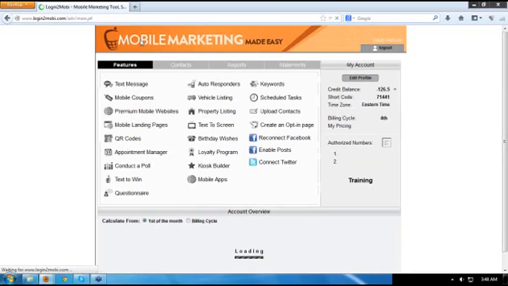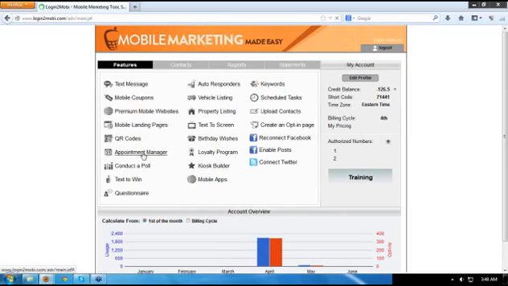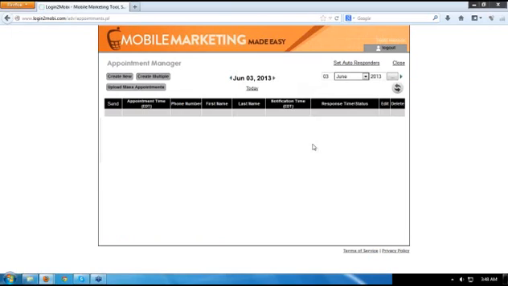And apart from that, there's another cool thing you might want to see. There's actually a lot, and this session is not enough to show you all of them. I'm just going to show you some of the cool stuff, just the tip of the iceberg. Here, as you can see, you have Appointment Manager. So what is this for? As you can see here, you could upload mass appointments, create multiple ones, and you could just create a single one.